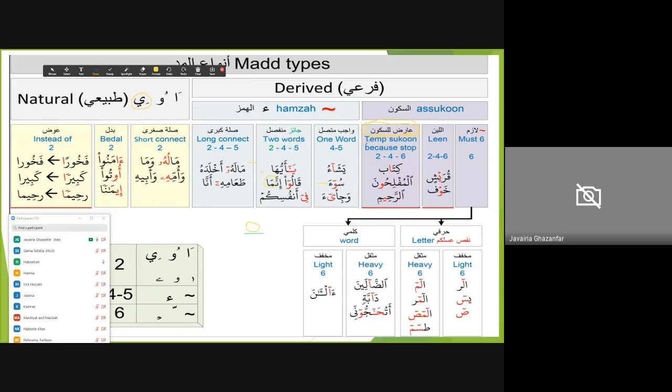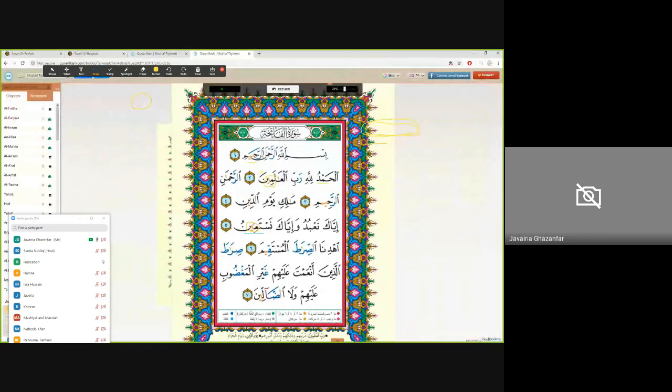And if you're temporarily stopping it, then what are you going to call this mud now? If you're temporarily stopping here, you can choose to continue, but you are planning to temporarily stop here, right? You could have said nasta'inu and keep on going, but you temporarily stop here. So you put a sukoon here. So now what is this mud going to be called?